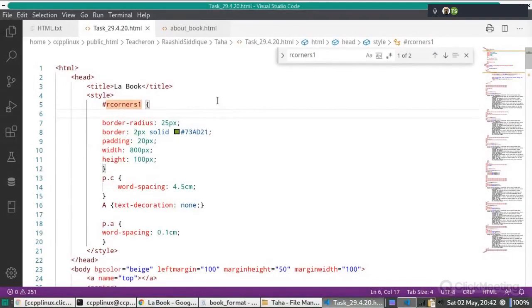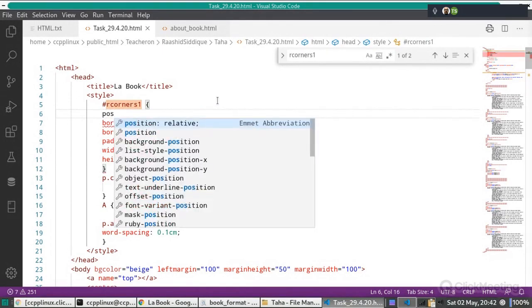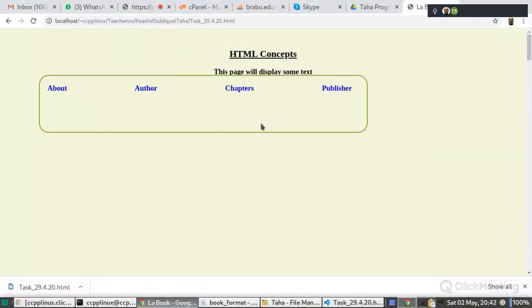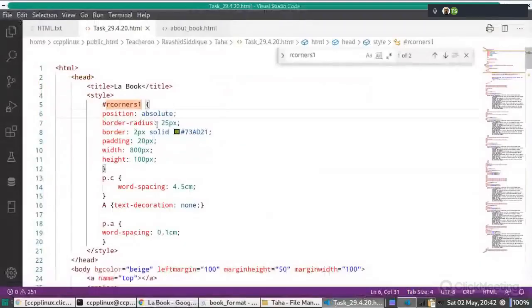Position is very important because without position it will not be in control. Without position, we can only, now we have to format it.